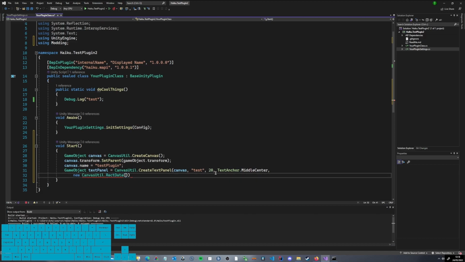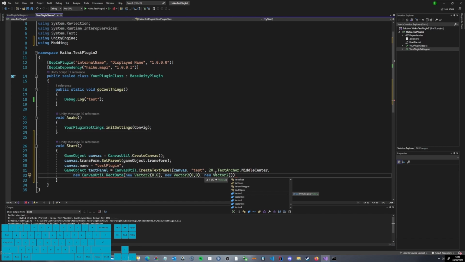So for example, the first parameter is our size delta. The size, if we just put in 0, 0, is full screen. So this way, we're going to create a panel that's as big as the screen. The anchor of the text now, we can use either the anchor position or something that I prefer doing, which is instead of using the position, we actually use the min anchor and the max anchor. What these are is basically defining where the text is going to be on the panel.